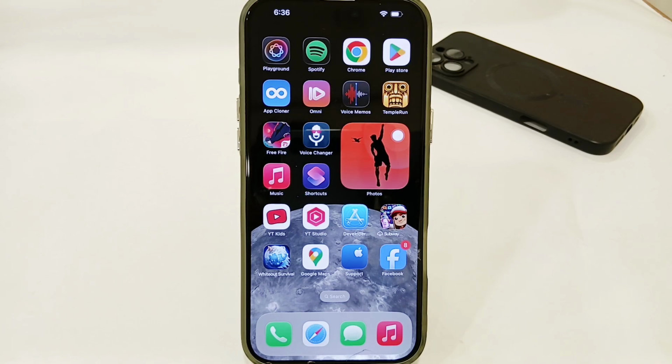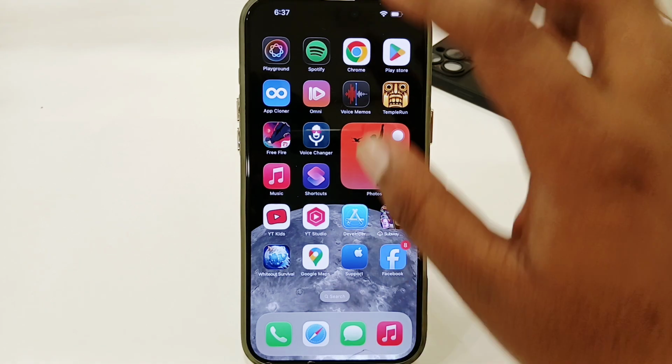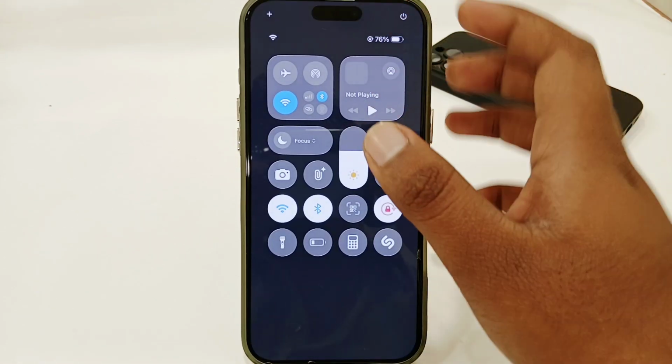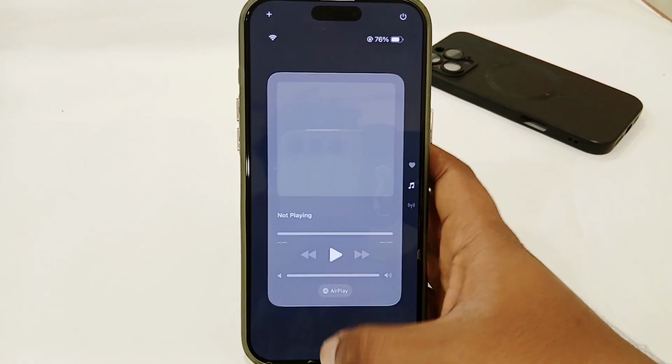Hey guys, today I'm going to tell you how to change country or region in Apple ID in your iPhone. If you're using any iPhone or iPad and you want to change your Apple ID country or region, let's see how you can do that. You just have to make sure that you're connected to internet, and once you have connected you have to simply